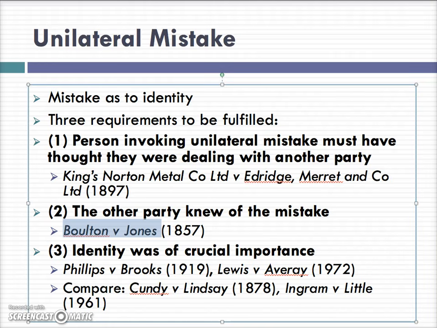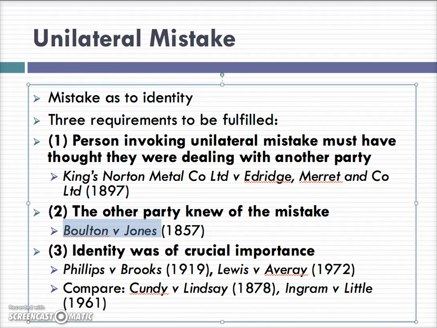Jones was someone who had dealings with another person called Brocklehurst, and Brocklehurst owned a company. Brocklehurst owed Jones some money. Jones then ordered some goods from Brocklehurst's company. What Jones did not know is that on the very morning he made that order, Brocklehurst had sold his company to someone called Bolton.